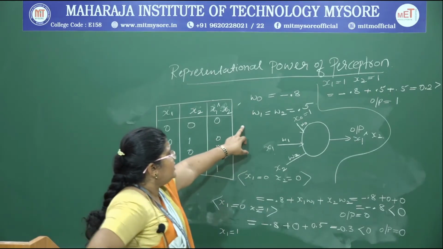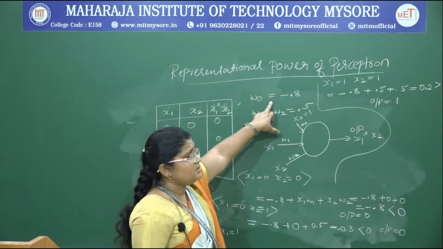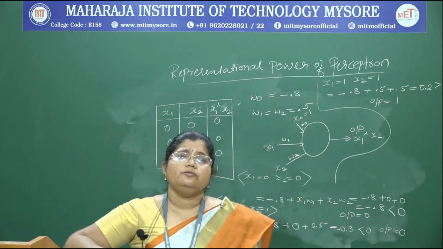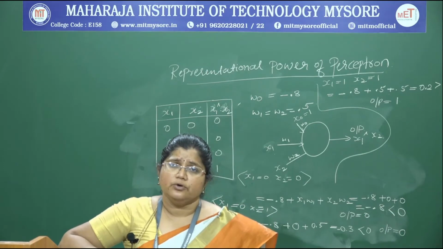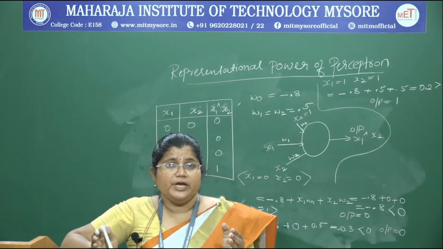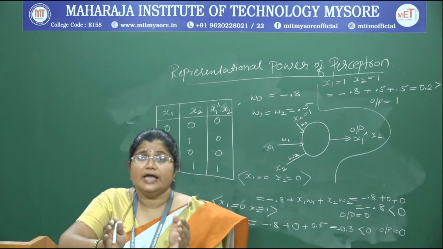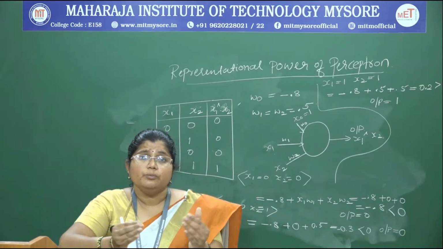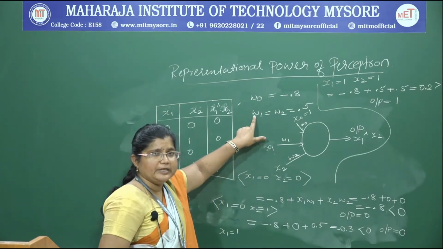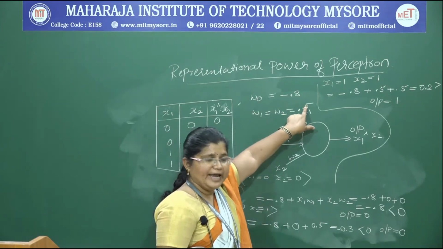So, now let us consider the weights. W0 is the weight considered to be equal to minus 0.8. Always W0 will be considered a negative value, because the larger value which we obtain from the linear combination of x1 w1 to xn wn, that greater value must be decreased or normalized by this W naught weight. That's why we are considering W naught equal to minus 0.8.